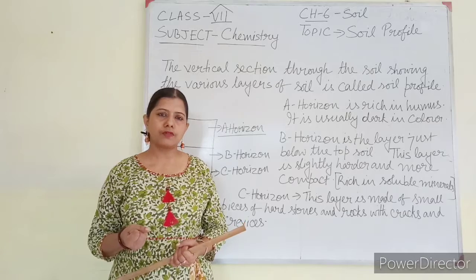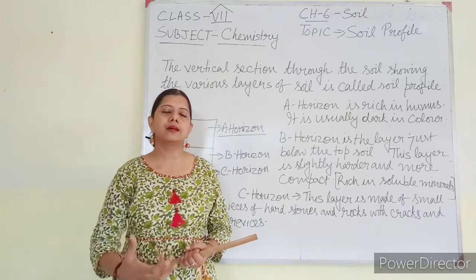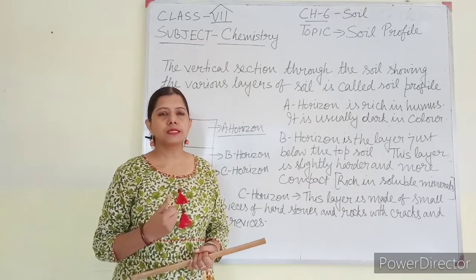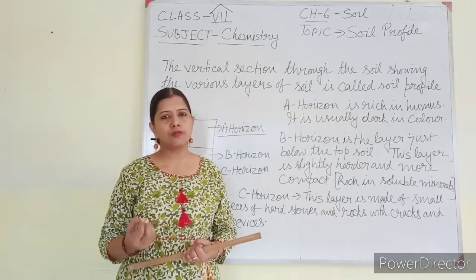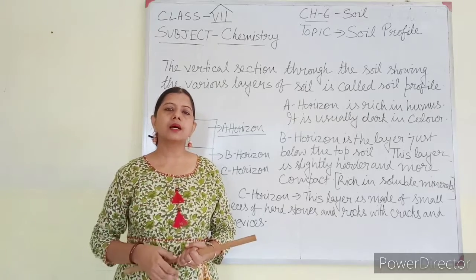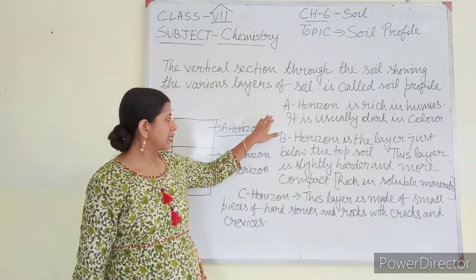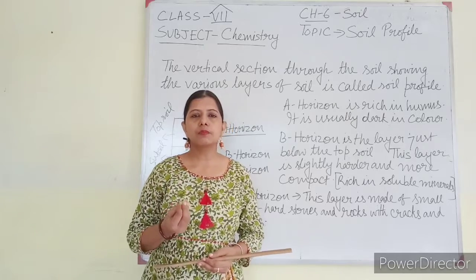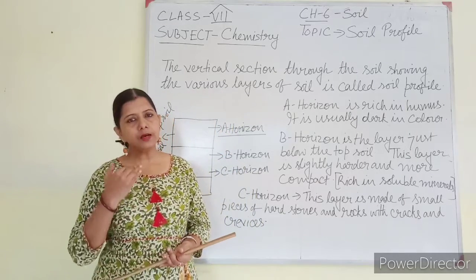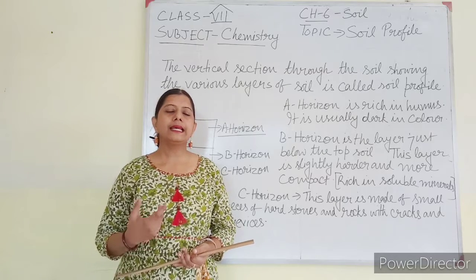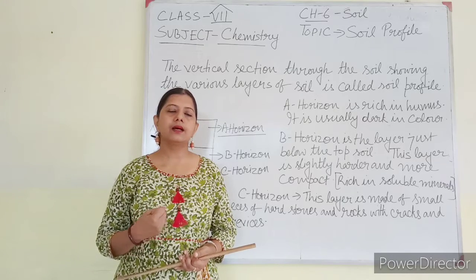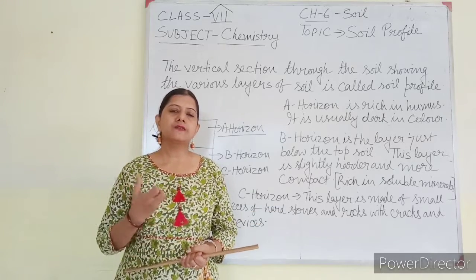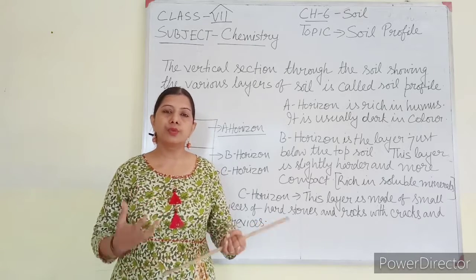Where there is less amount of humus, you can see that the color is not that dark, or in the place where the amount of sand in the soil is more as compared to the amount of other fine particles, the color of soil can be light. Actually the color and the presence of humus also depend upon the size of the particles of the soil. The fine particles of soil are dark in color and they allow the plants to penetrate properly through the soil. These fine particles allow the plants to breathe properly.